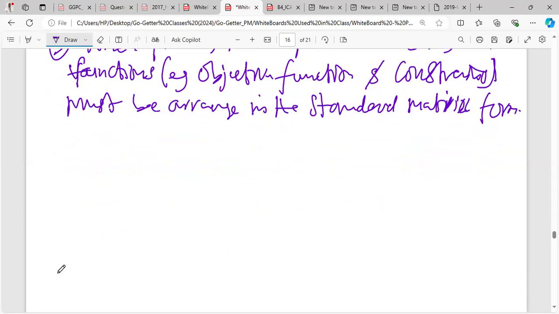So when we say standard matrix form, all the X will be in one line, Y and all that. So the ones that don't have any of the slack variables, I will say it here,